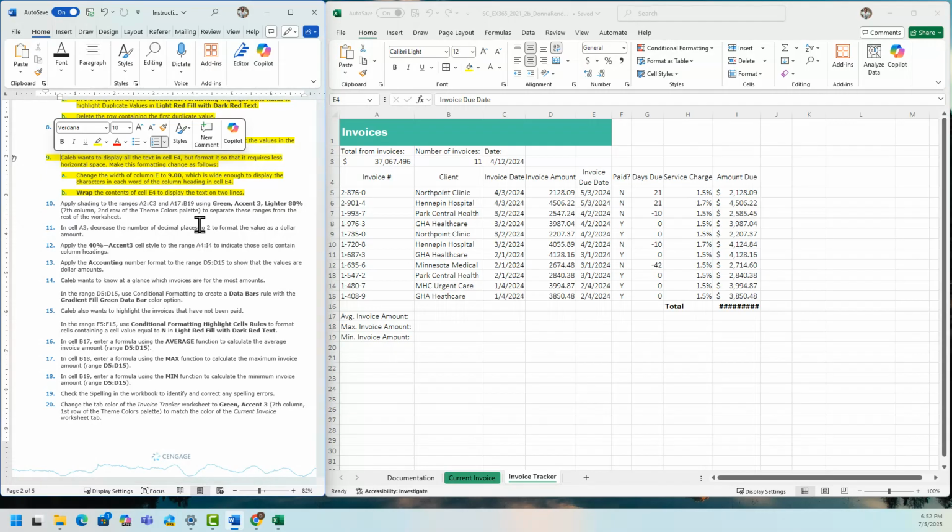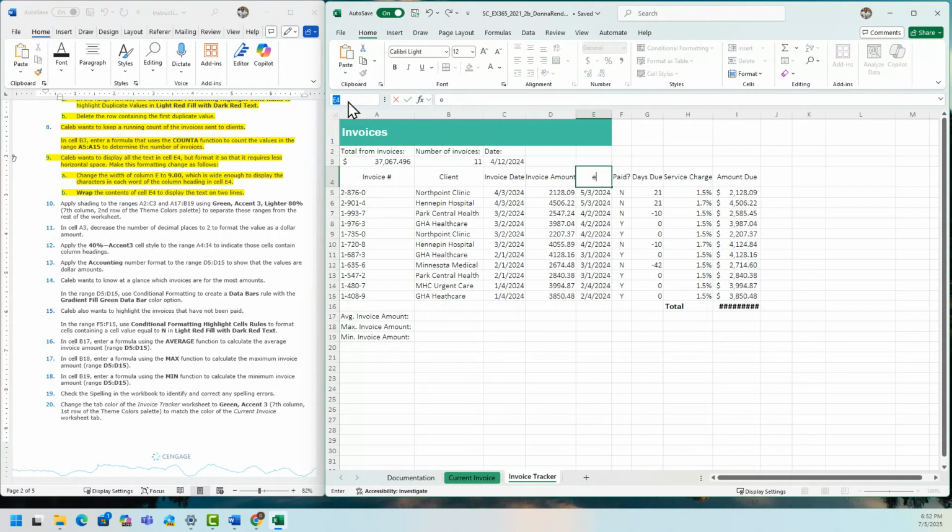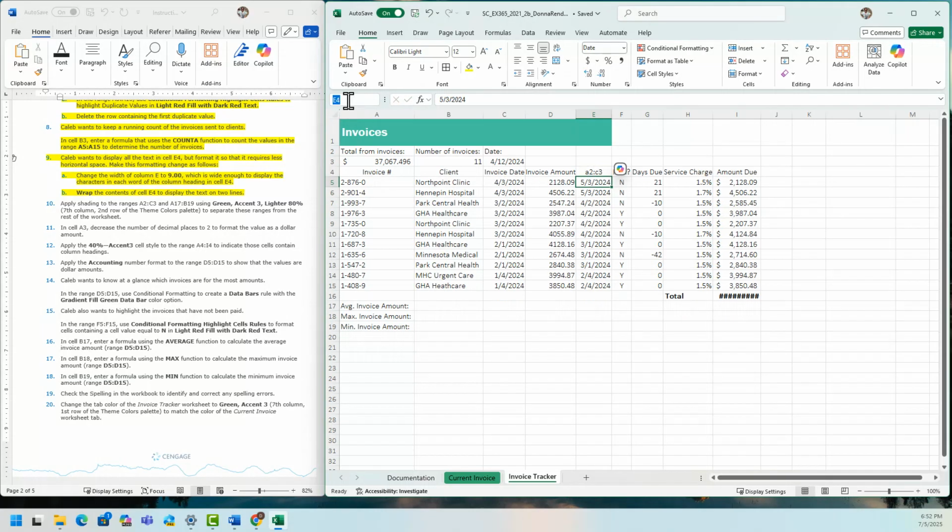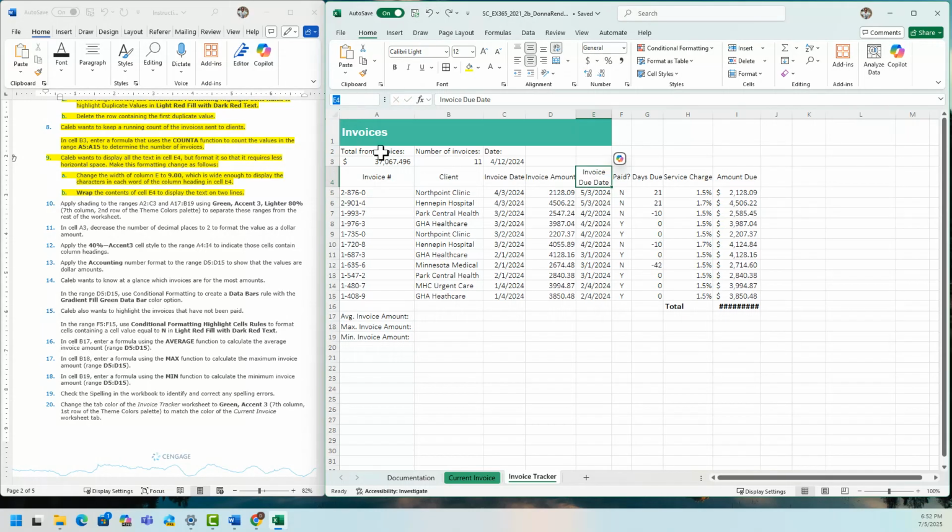All right, so I'm going to highlight first A2 to C3, and then I'm going to press the control key on my keyboard, and I also need A17 to B19.